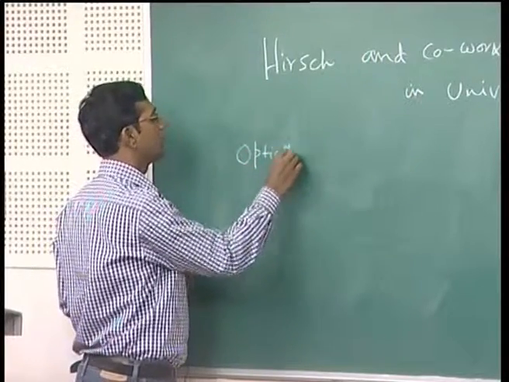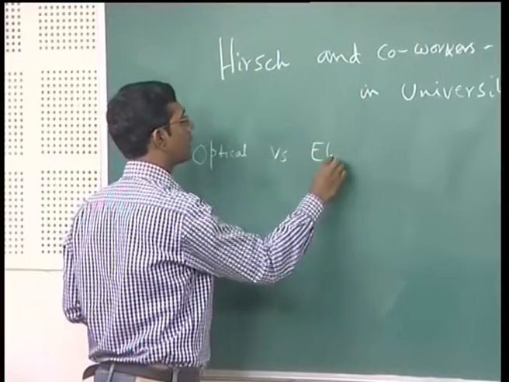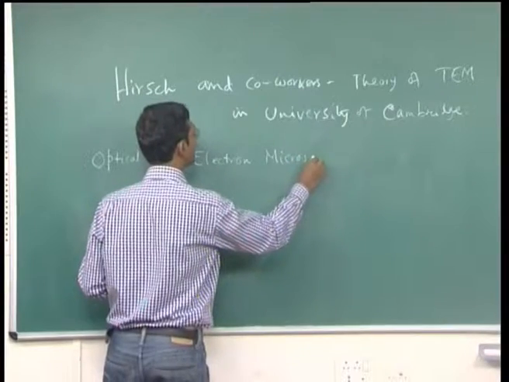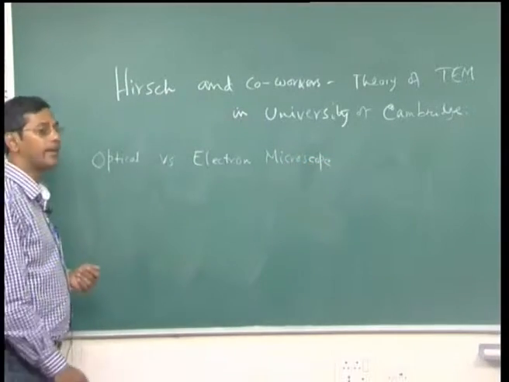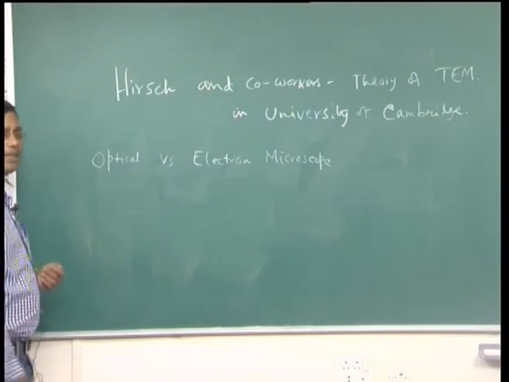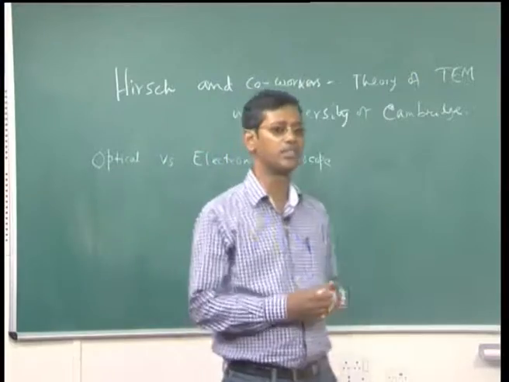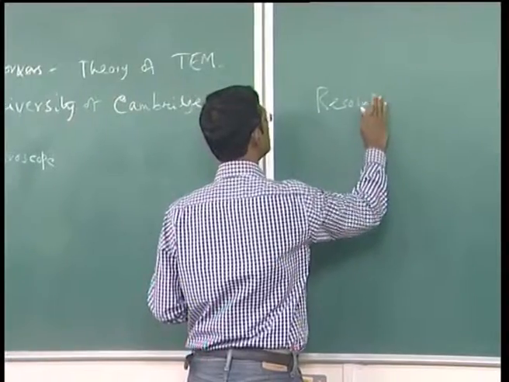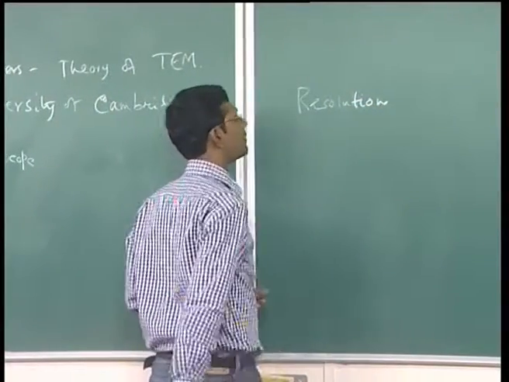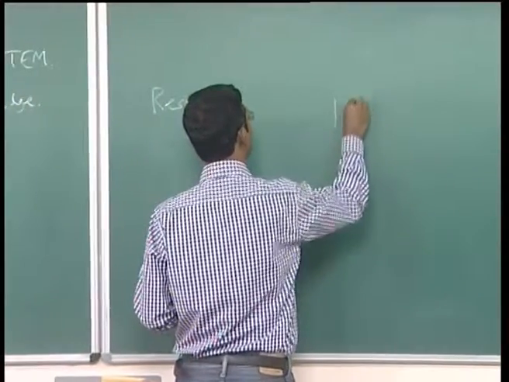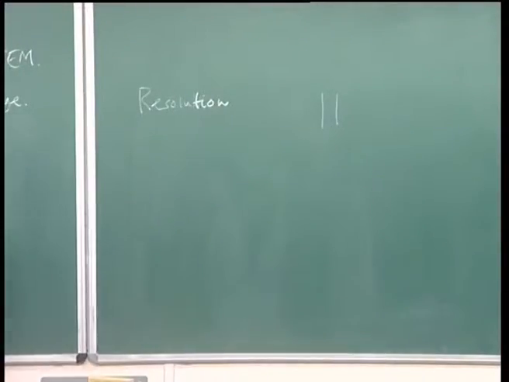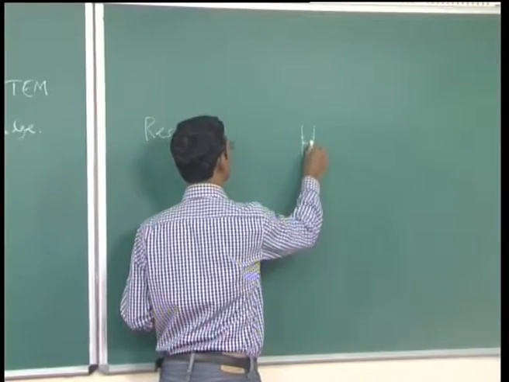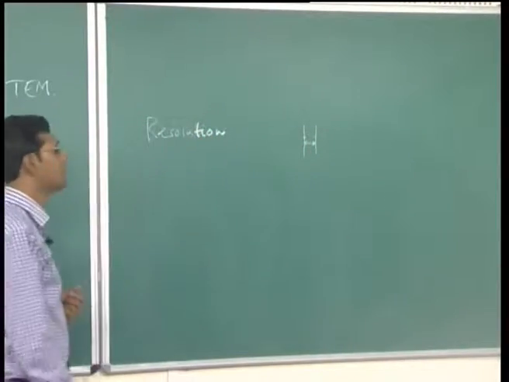Why is there a need to use an electron microscope when the optical microscope was already existing? What was the basic reason for that? Then we can understand many other features. We know that for any microscope, the most important feature is resolution. Resolution means the ability to distinguish objects which are separated by a small distance, like the one I discussed a few minutes back. If I have 2 points separated by a small distance, whether the machine can resolve these 2 points successfully or